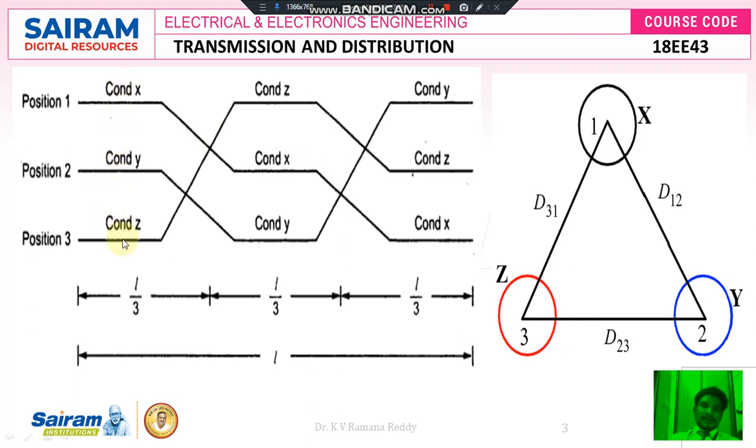Let us say these are tower A, tower B and tower C. All the positions at tower A change at tower B, and again change at tower C, as is convenient.